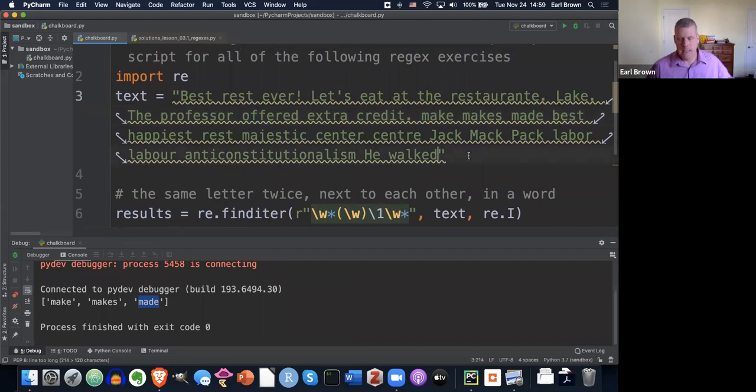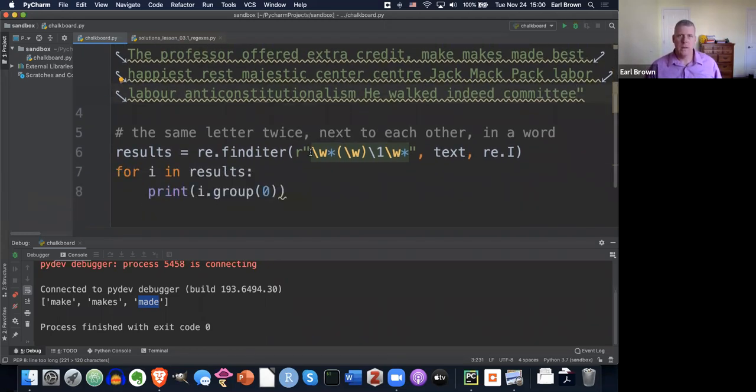We can get indeed in here if you want as well, or even committee. And go crazy with the double letters there. Okay, so what this says is we want to find